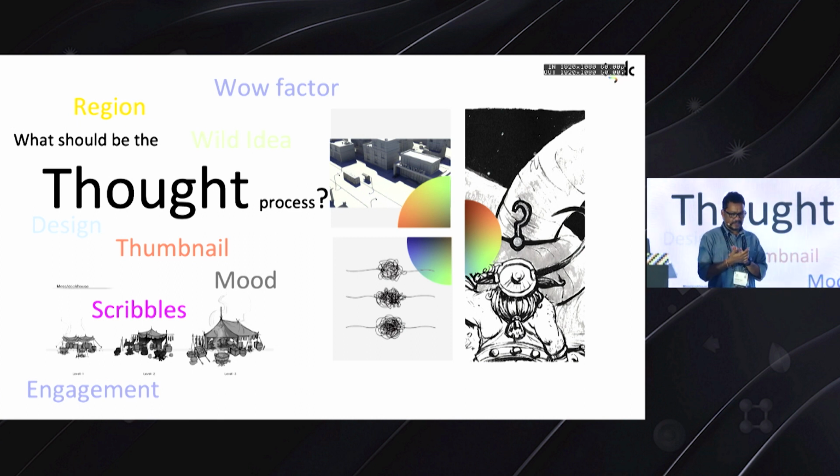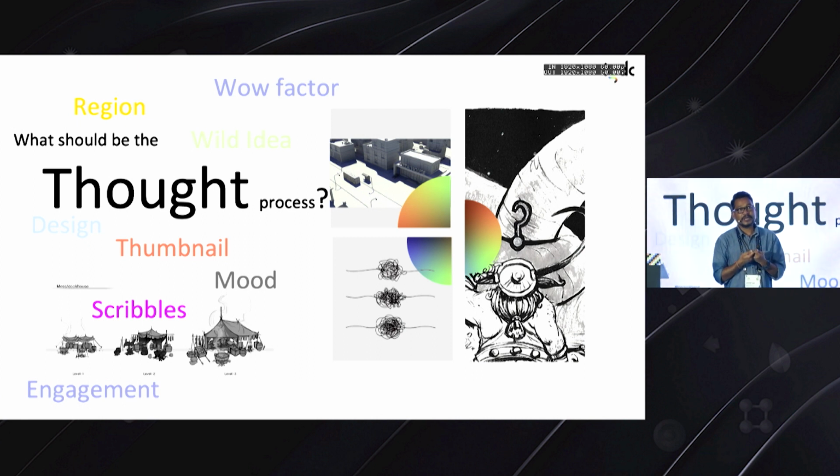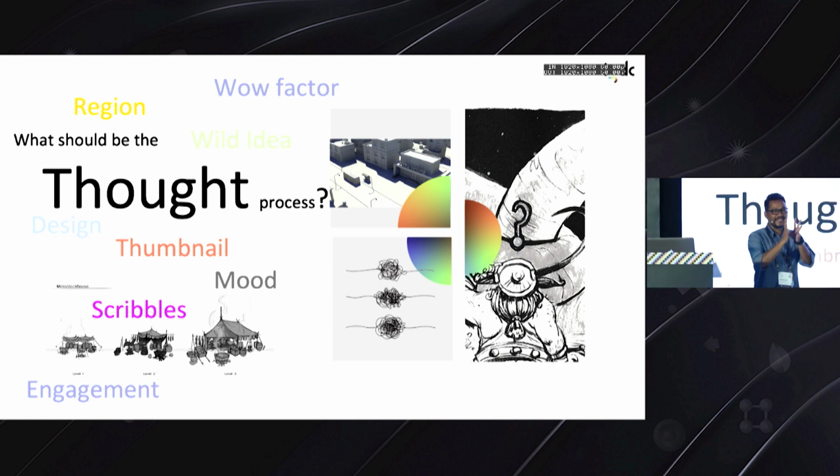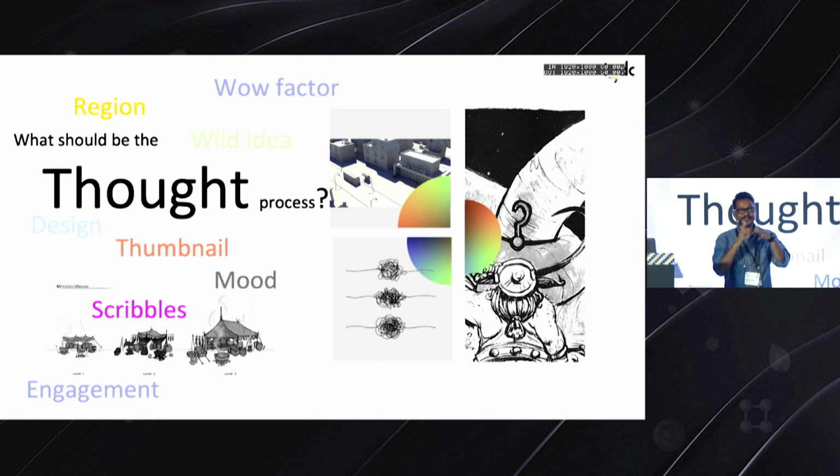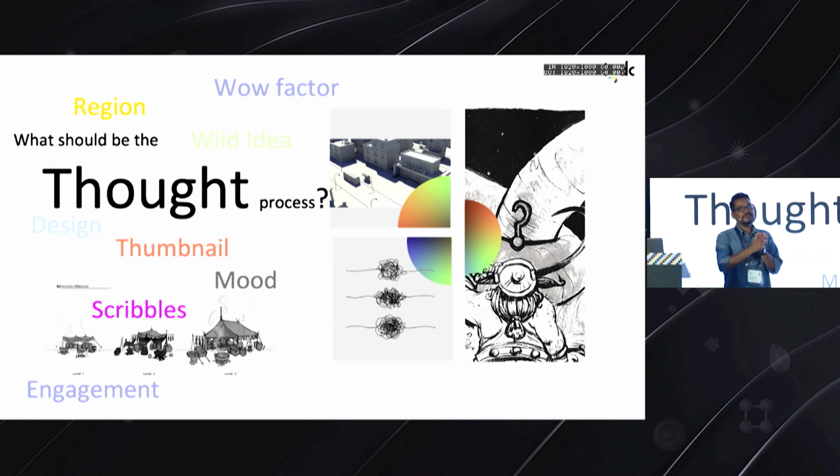As an artist, I keep using this word, player engagement. How am I making my player relate to the visuals, and how will it feel nostalgic? Hey, I've seen this sort of location, or this kind of character design, the kind of behavior of the character, maybe the game mechanism or something like that. At the same time, you have to find out